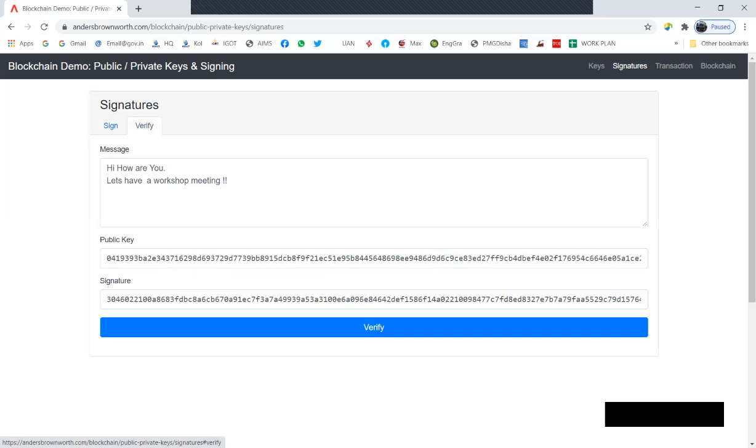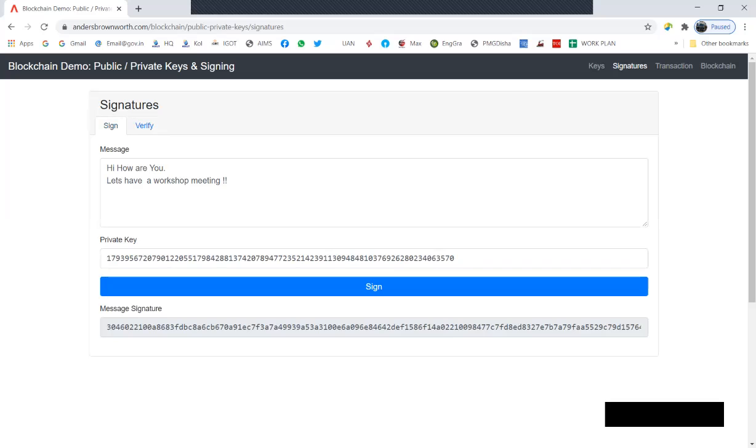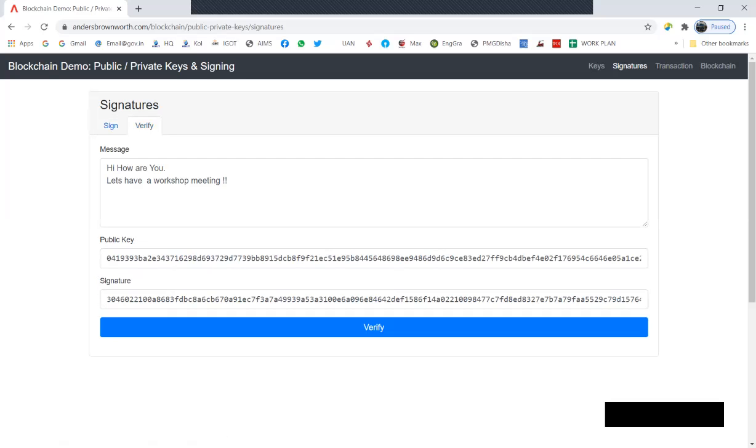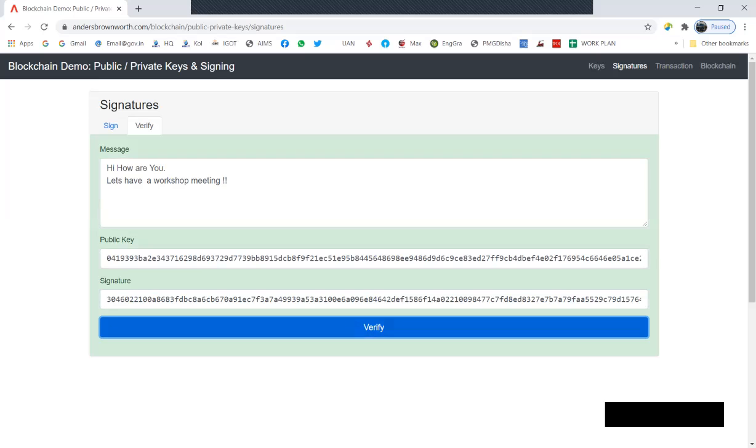You can see in the verification section, this message was sent, and this is my public key, and this is the signature which was generated. You can see over here, this is the signature 30460. My private key is not communicated, but definitely my public key is communicated in the to address field. When this message is verified, if it is all okay, then this background will turn green. Just see how the verification process was done.